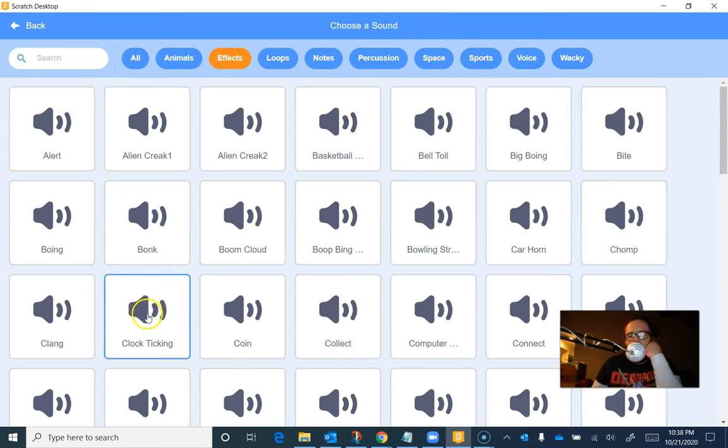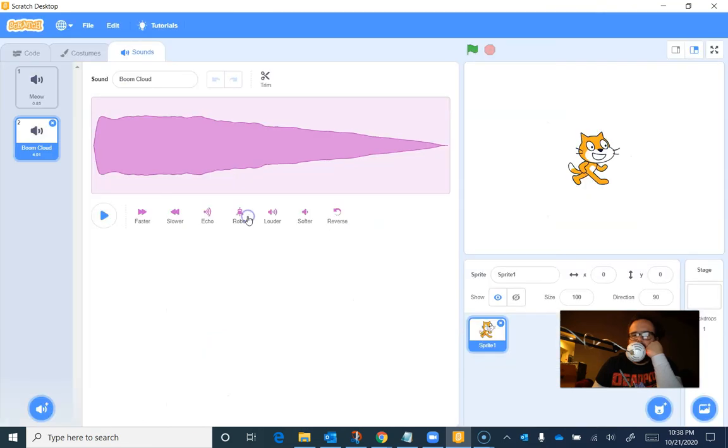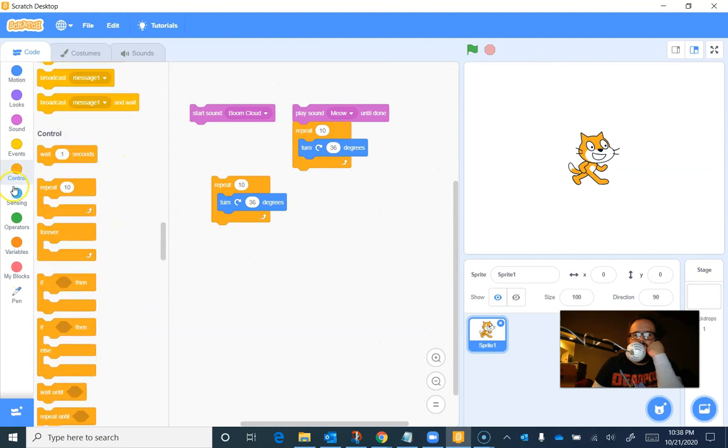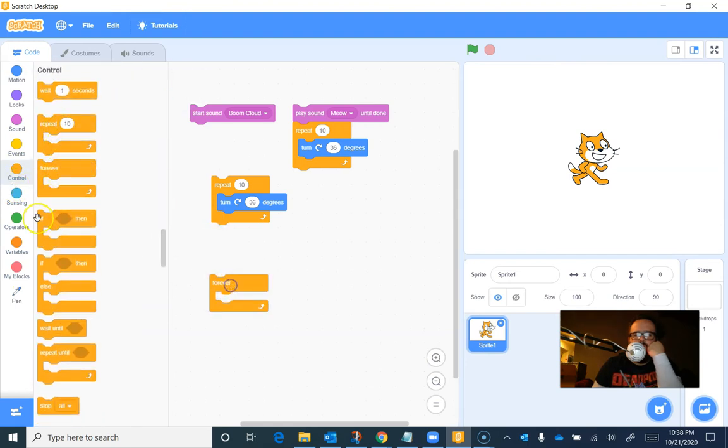Now, one of the problems with start sound is if you have it conditionally happening and you have a long sound, like that one's pretty long. So I click on it and now I've got that sound. So now all of my sound blocks will have that as an option. Let's say we have this in a conditional statement. So we'll grab a forever loop, and I'll just show you this problem. If I put this in a forever loop,